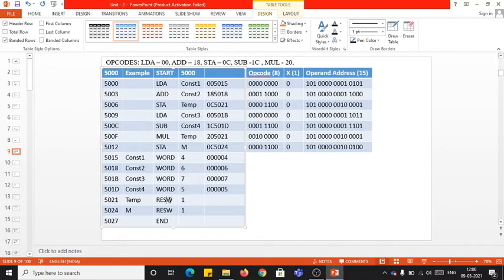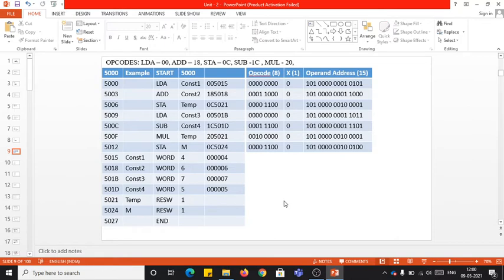Then coming to the reserved word instructions, and I repeat, my dear, understand, for the reserved byte and reserved word instructions, you are just allocating the memory space. You won't be having any object code for this kind of reserved word and reserved byte instruction. You will be having only the empty memory space to be allocated, right? In that perspective, this is the object code for the respective instructions.